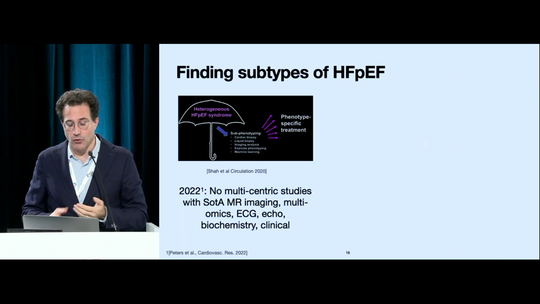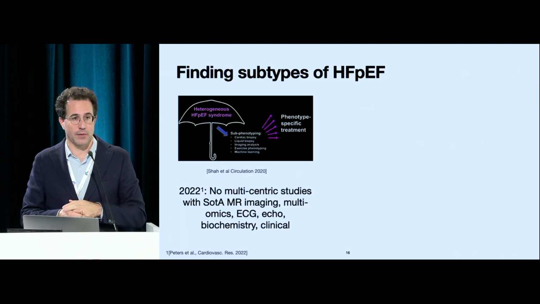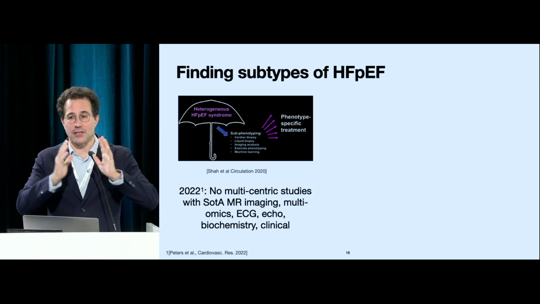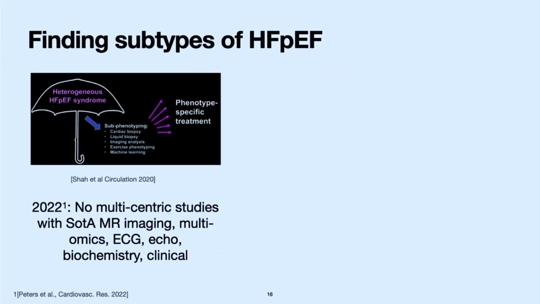And so the goal of this project is to try to find subtypes of HFpEF. This was a position paper, the one that you see at the top, saying that, okay, the disease is heterogeneous. Let's find subtypes that are based on some phenotypes, and then let's see if we can treat these subtypes independently, right? So this is, again, exactly going towards precision medicine, not individual patients, but subgroups that are more or less coherent, right?